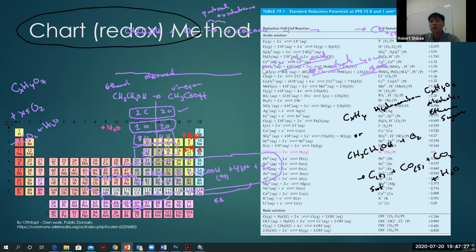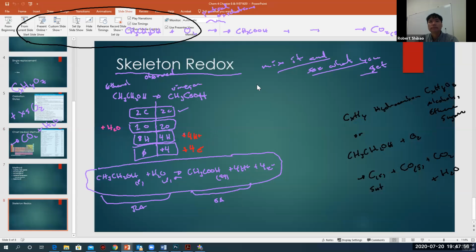And even if ethanol occurred on the chart, there are multiple products that we might have, and we don't have enough room to write all the possible products. So we just assume if ethanol reacts, it reacts to completion, to complete oxidation, which would be CO2. CO2 would be the final ultimate end product. We already said things like CO3 don't exist. And so let's take a look. Go back here.